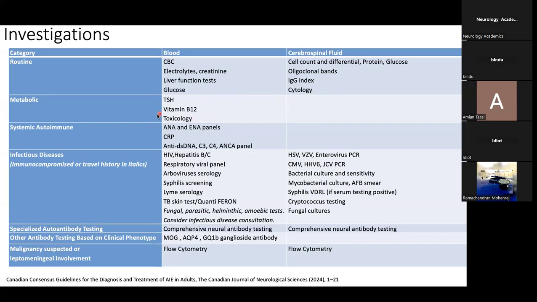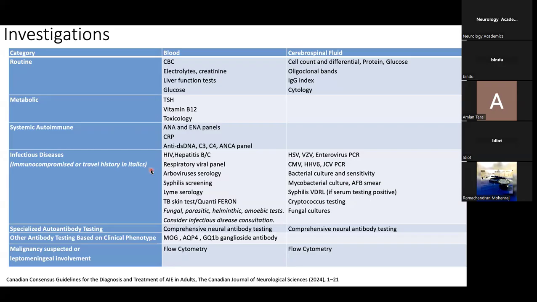Metabolic screening, TSH, vitamin B12, and toxicology when suspecting the case may be related to toxins. So toxicology screening is required. And to rule out systemic autoimmune disease, ANA and vasculitic profile like ANCA profile. And most important, to rule out infectious disease, most commonly HIV, hepatitis B and C, respiratory